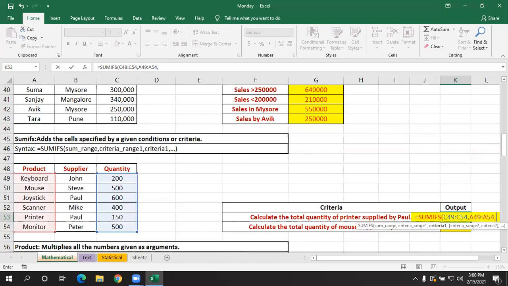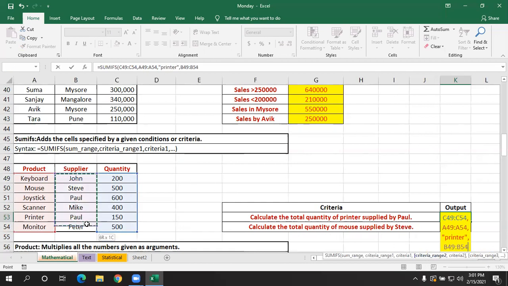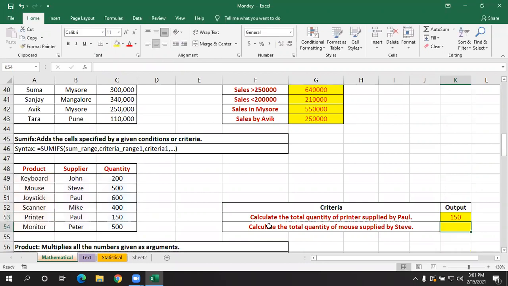Now, what is the condition here? It should match with printer. So within double quotes, give printer, comma. Next, what is highlighted here? It is showing criteria range 2. Now select criteria range 2, comma. What is the criteria I have to give? In the supplier column, it should match with the name Paul. That's all. Close the bracket, press enter.